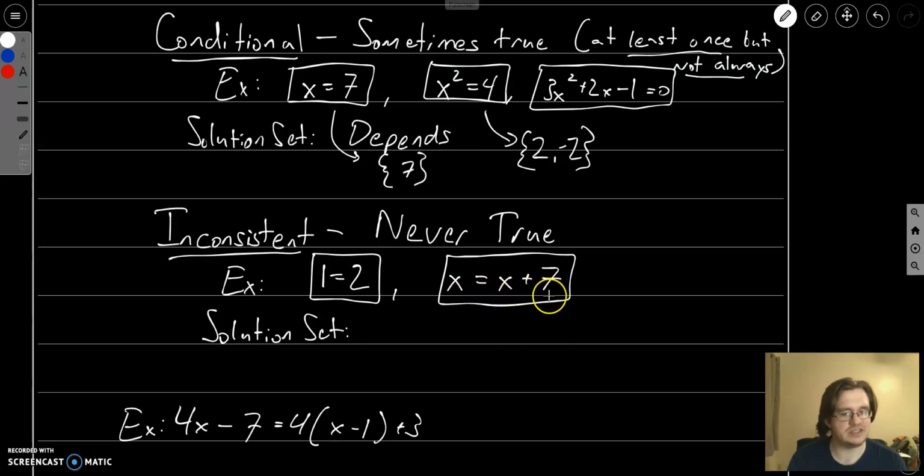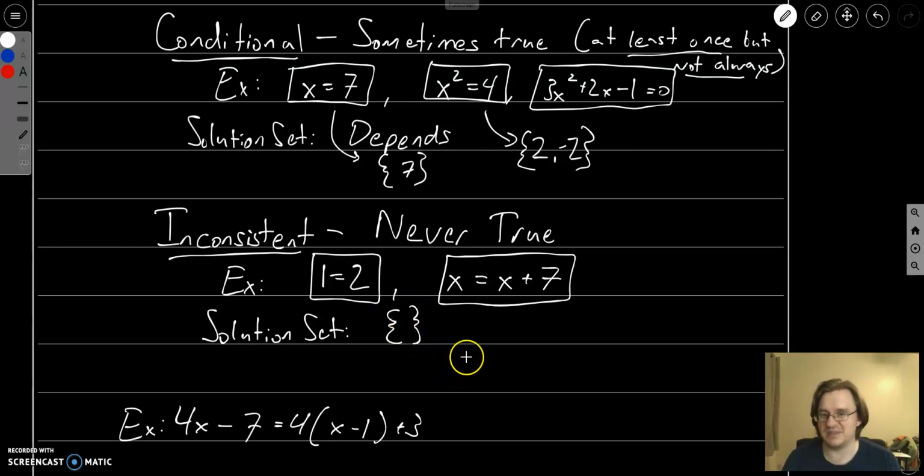10 is not equal to 17, 20 is not equal to 27, 33 isn't equal to 40. This is never going to be true. So this is an inconsistent statement here. So the solution set is going to be the empty set. There are no solutions. Again, one way to write that down is to write down our curly brackets with nothing